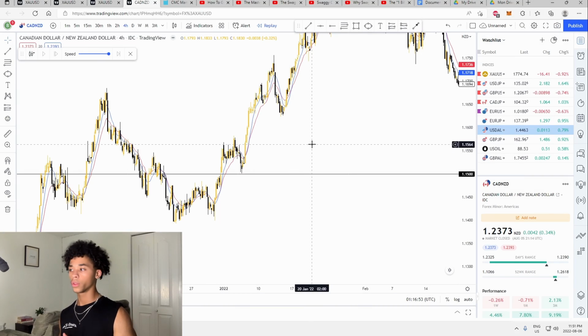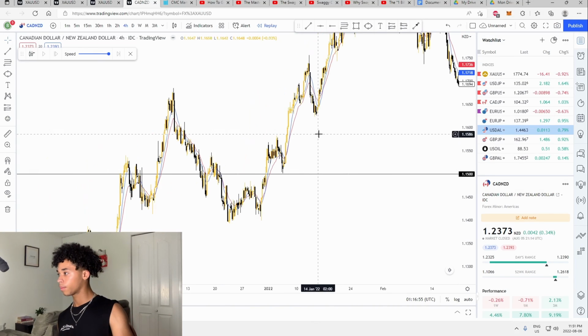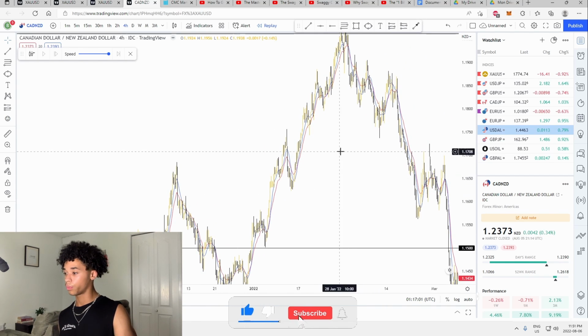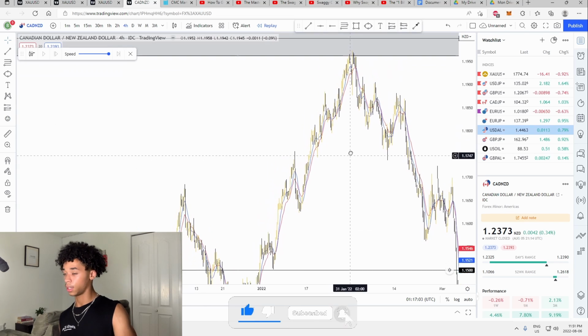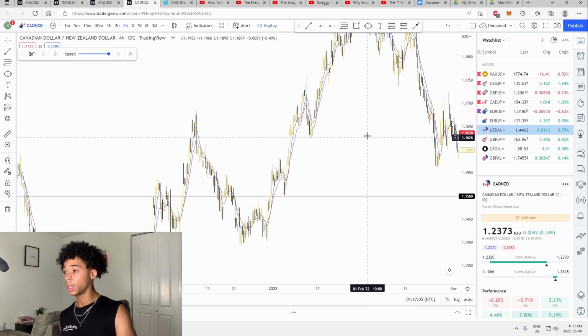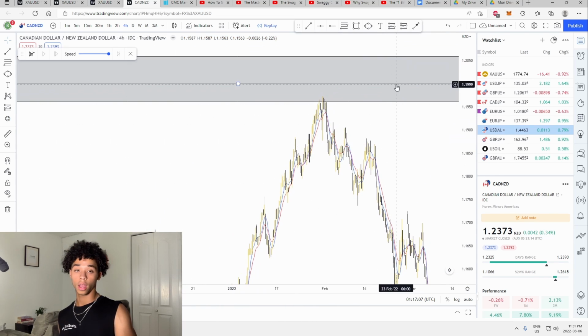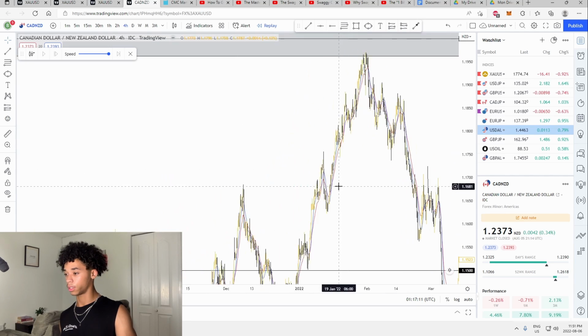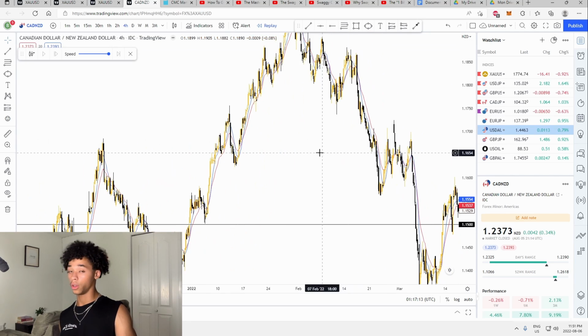All right, so we're just into a blank chart right here. TradingView, as always, literally the best site to analyze charts. So we're just into Canada and New Zealand, the chart that I never trade. I actually recently just made a video on support and resistance using this chart, which is why this chart is all marked up right now. But regardless,